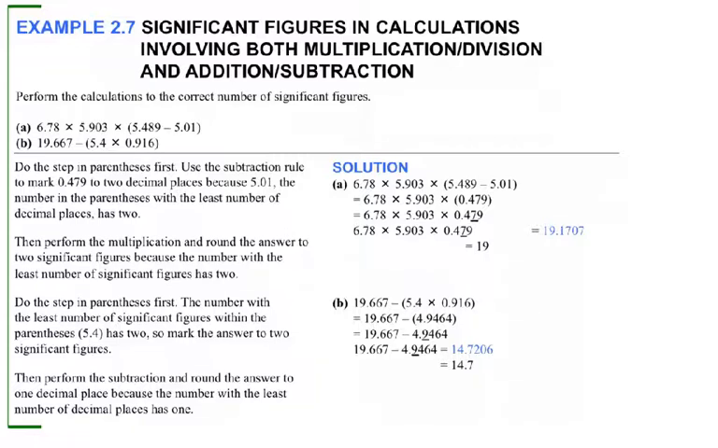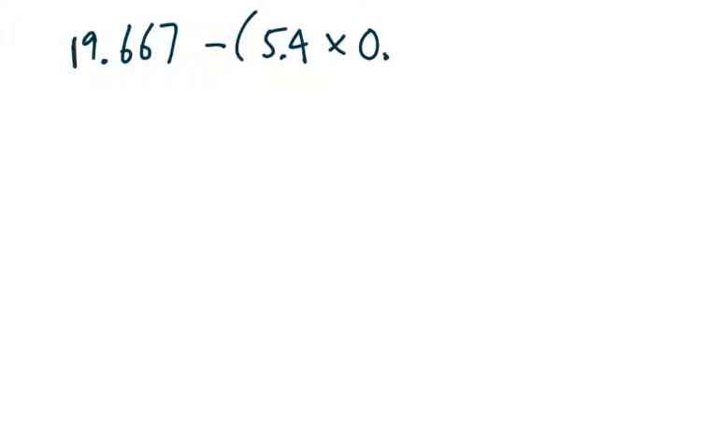All right, so let's go here. And part B, we got, let me put this with the other pencil here. There we go, 19.667 minus 5.4 times 0.916. Now this time what we're going to do is we're going to multiply the parentheses first. Now when you get your calculator and you multiply, you end up getting